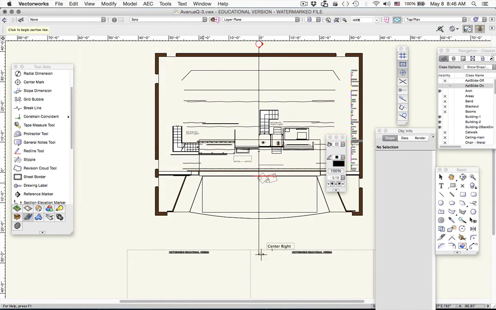Okay, so you're just going to trace your center line. If you've got your snaps on, this is really, really simple. Okay, draw that. Now you see you've got a big arrow on the screen right down here. If it's pointing to the left, it means your section viewport is going to look to your left. If it's pointing to the right, it's going to look right, which is actually stage left, and left is stage